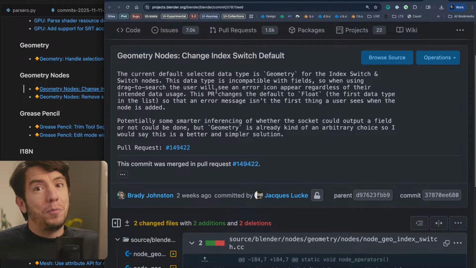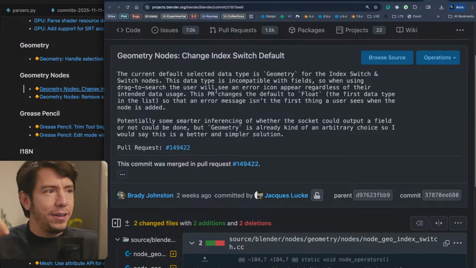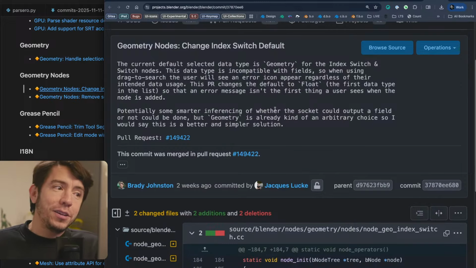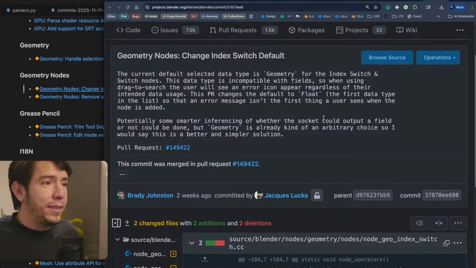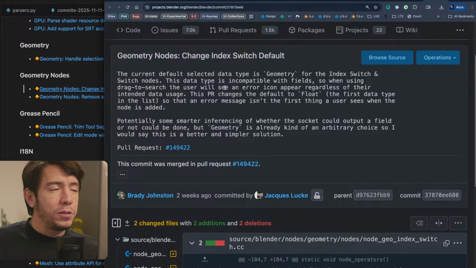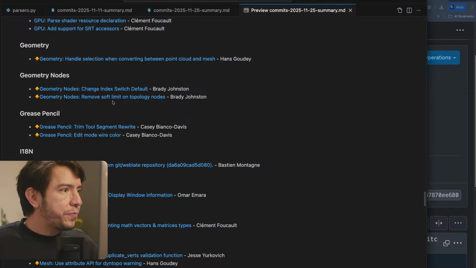And you don't want Blender complaining by default. You have a red wire or a pop-up, and you don't want that. So now, thanks to Brady, by default it will use the first one in the list, which is float. So by default, index switch goes to float.